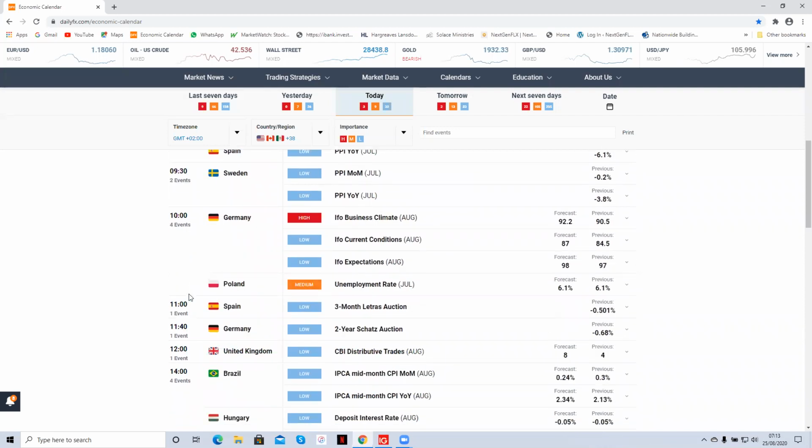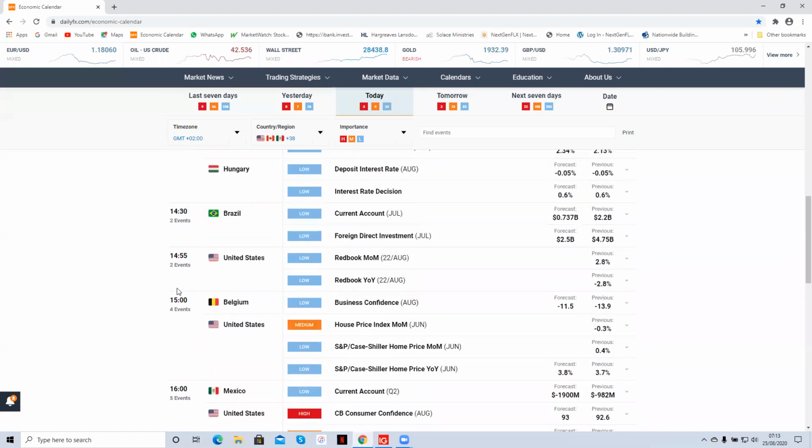It's also good to check the markets again around midday UK time. And then, of course, at 2:30 UK time, when the US market opens, that's another good time to check the markets, because that's when the US market gets into the fray. And sometimes when the US market opens at 2:30, the US traders will change the direction of the market. So that's another good time to check your trades.